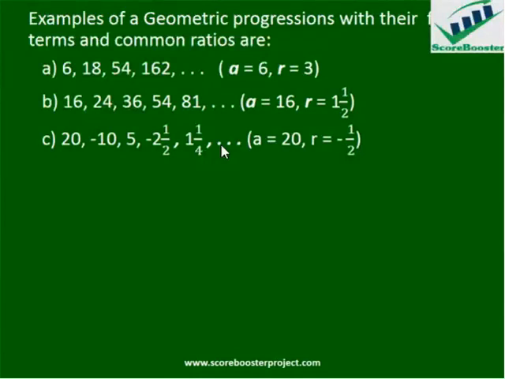Examples of geometric progressions with their first term and common ratios are: the first one is 6, 18, 54, 162, and so on. Here the first term is 6, that is the first number in the sequence. So to get the common ratio, following the formula given above, you divide the second term by the first, which is 18 divided by 6, you have 3, which must be equal to dividing the third term by the second,